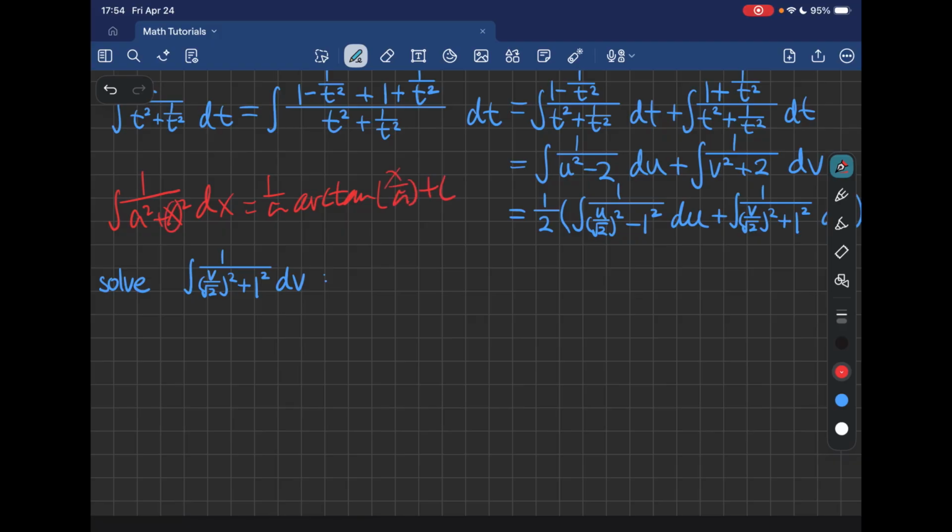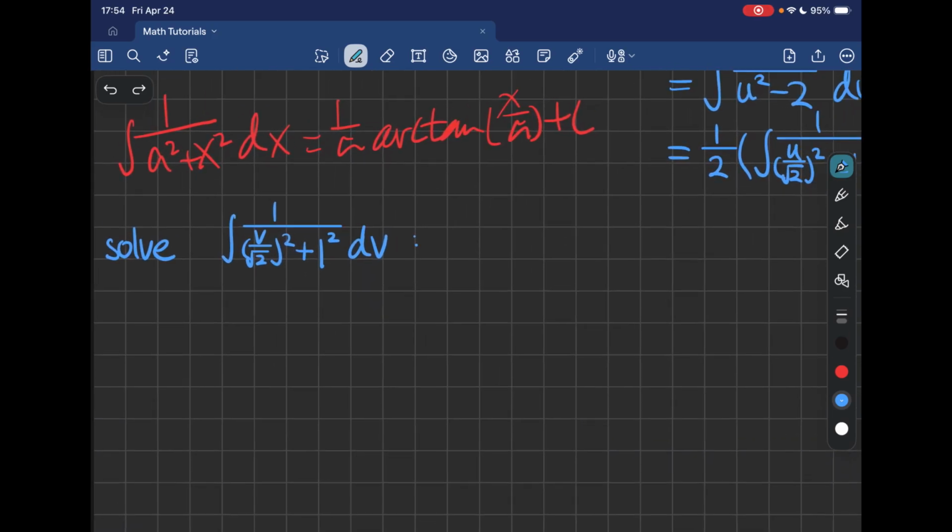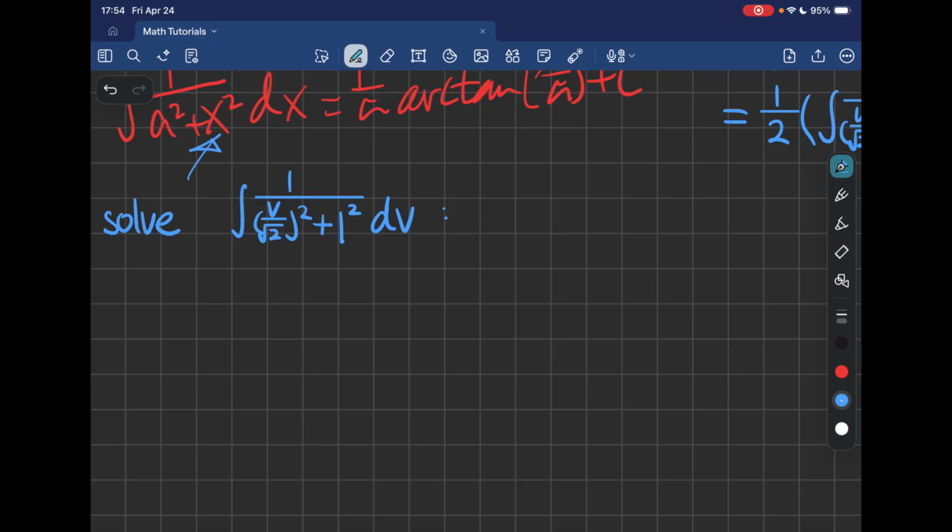However, here we have x as the solo variable, but here we have v over square root of 2 to the power of 2. So I want to only have one letter here. So I need to find a substitution for v. When I'm using the standard integral formula, it will be clearer, and more easily substituted in this formula. So let's let w equal to